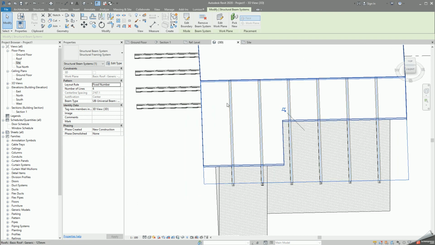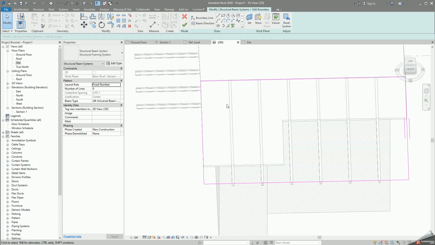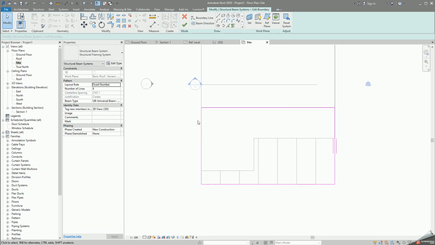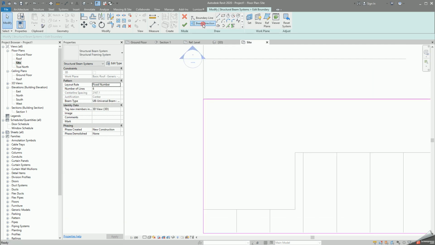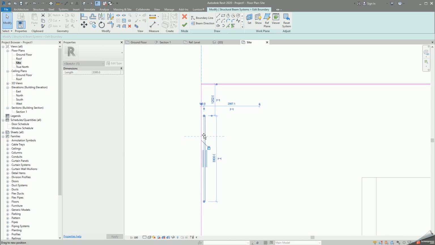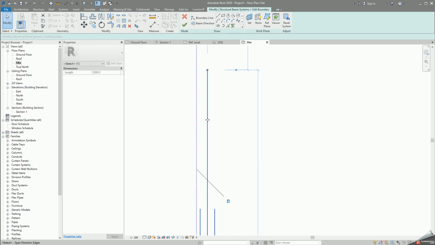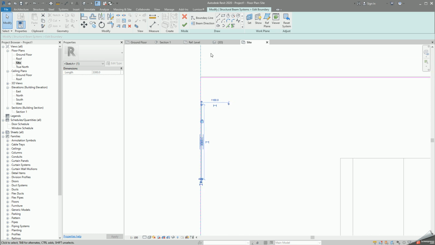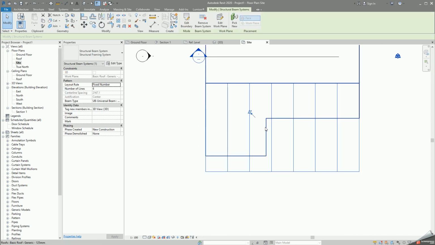You can create these beams on the ends, or you can go to edit boundary again and click on the beam direction, and you can select a line. So in this case, if I go to one of these views, you can use beam direction and just draw something which is close to this, like so. So this will dictate the direction, but also where the line starts. So if you do it something like this, and you go OK, and change this one here to fine to actually see the beams,